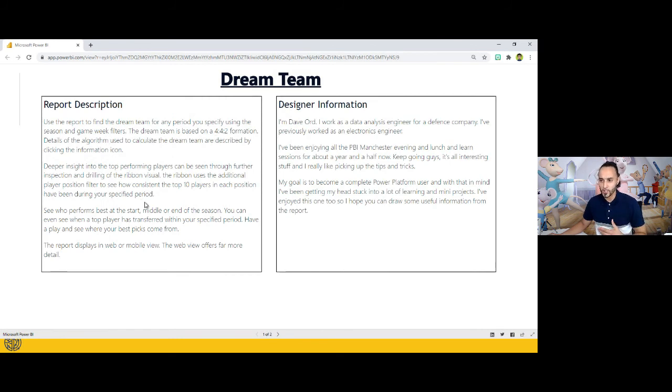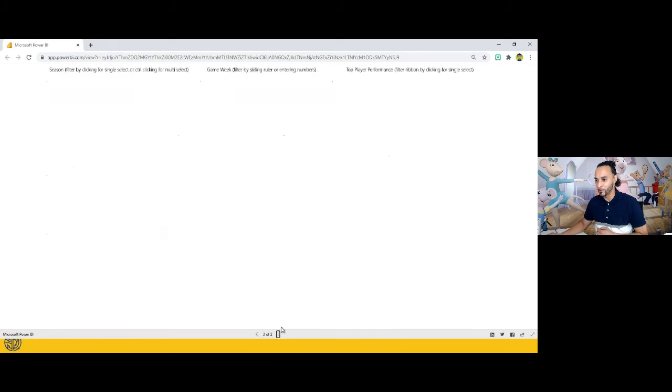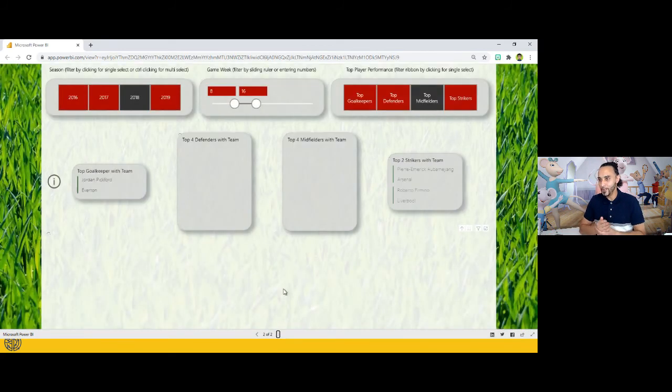So that gives it a good introduction. Again, he's already taken Ben's advice without even seeing today's session, giving the user a headline as to what's going on in the report. And the report displays in web or mobile view, as Ben would be happy to see, as he does like a good mobile view of the data.